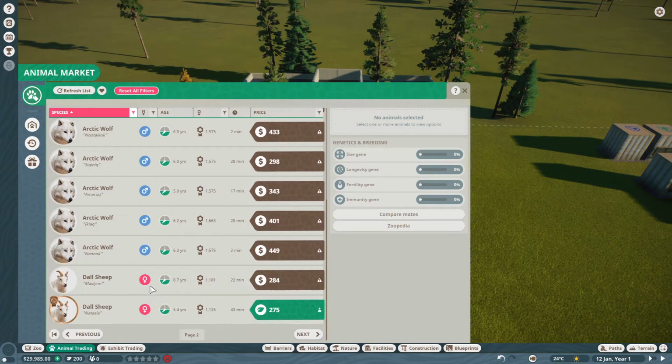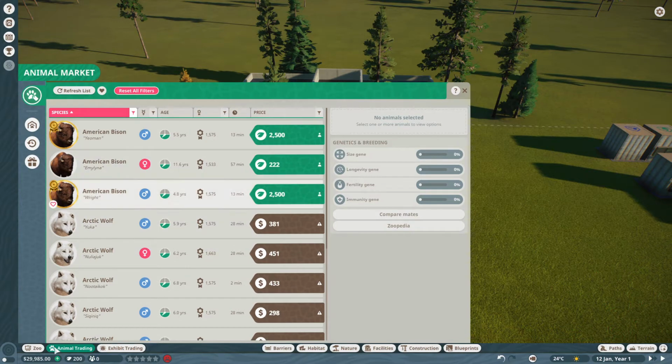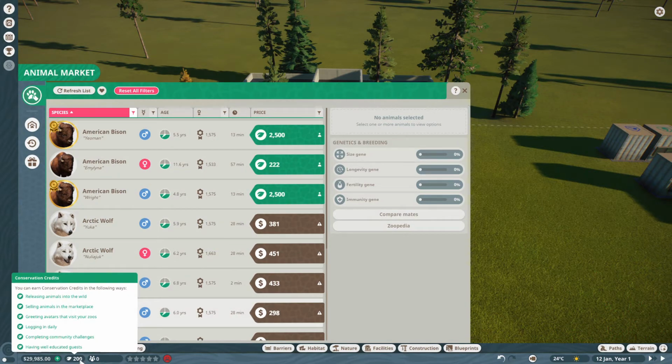Take a look. So it kind of seems like the Arctic wolf is all cash, which is probably something we need just because we don't have that many conservation credits. And for those of you who haven't played Planet Zoo, I will just quickly explain the conservation credits. So conservation credits are a type of currency for Planet Zoo. You get the conservation credits when you log into the game, releasing animals into the wild, selling animals, greeting people that come into your zoo, completing the challenges,